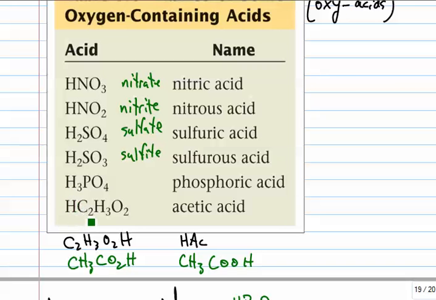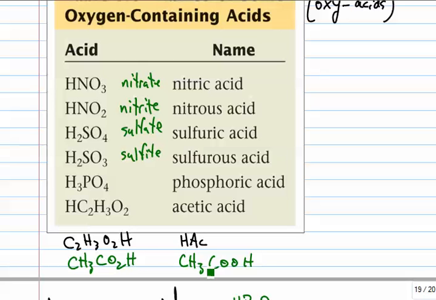So the C2H3O2 has a -1 charge and is called the acetate ion. And so we call this acetic acid. Now, outside of this course, it's much more common to see this formula written differently. In fact, it's almost never written in this way. And so the most common form are these 2 green ones down here,